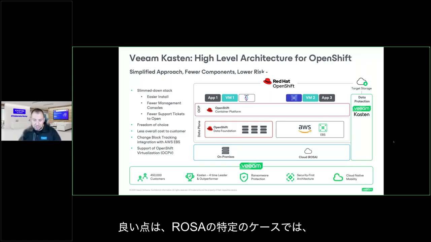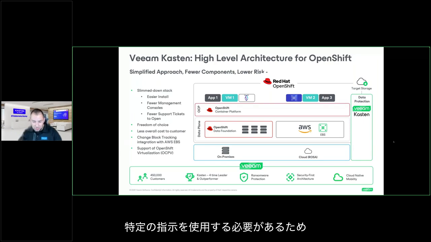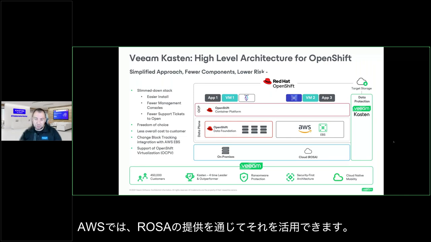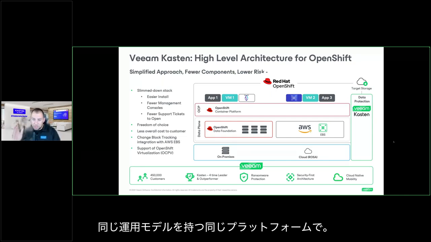The good thing is that in the specific case of ROSA, OpenShift virtualization is available on AWS. The specific requirement for that use case is getting a bare metal server, because you will need to use some specific instructions from the CPU to enable the virtualization function in OpenShift. And because there is a dedicated bare metal server offering on AWS, you can leverage that through the ROSA offering to enable OpenShift virtualization if you want to keep all the workloads on the same platform with the same operational